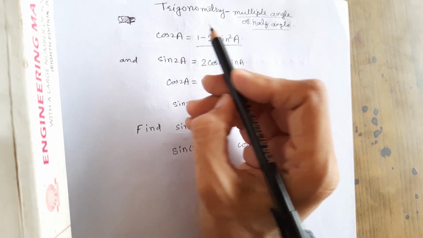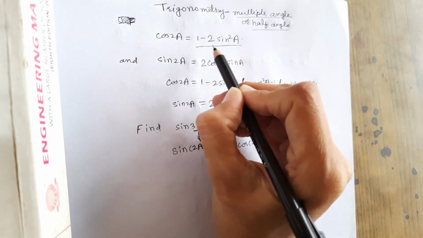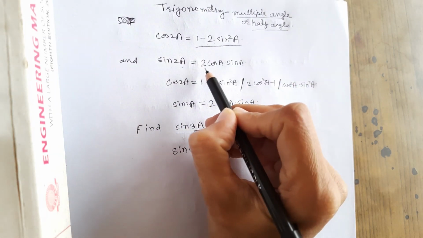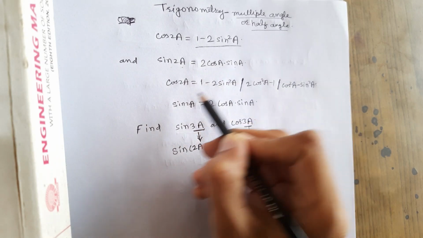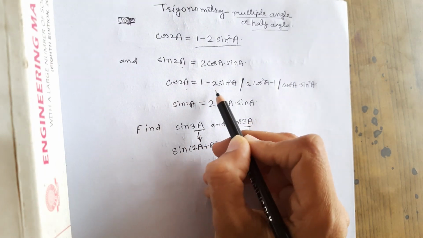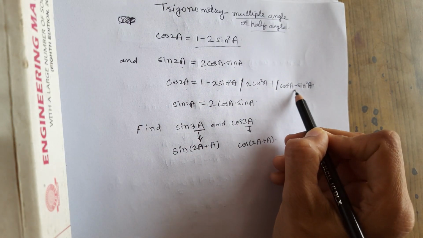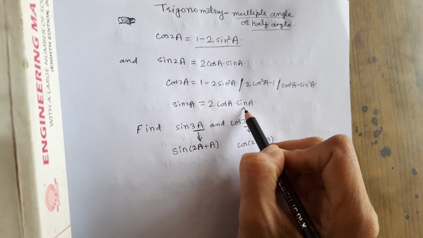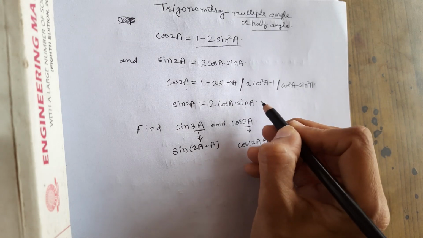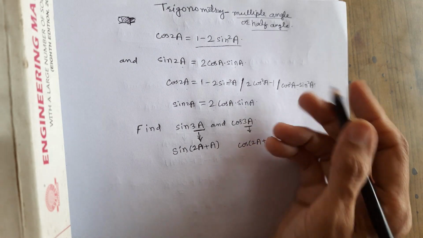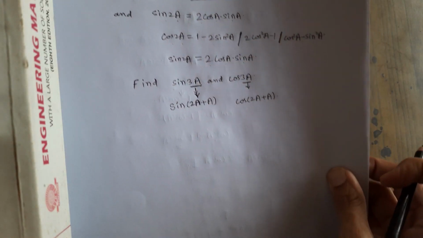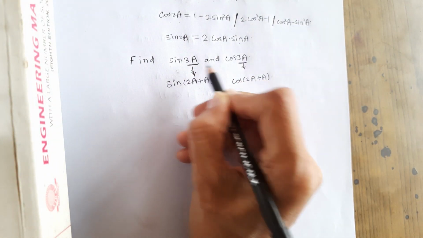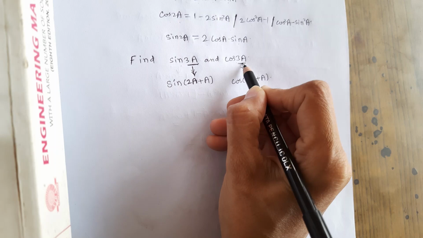So you got the result that cos 2a equals 1 minus 2 sin square a, and sin 2a equals 2 cos a into sin a. Similarly, cos 2a can be written in these three forms, and sin 2a is 2 sin a into cos a. Similarly, if I give you the problem to find the value of sin 3a and cos 3a, definitely you are able to find it,